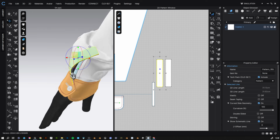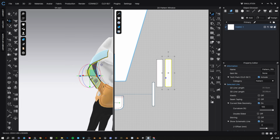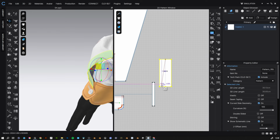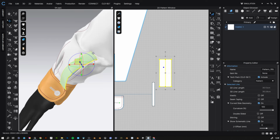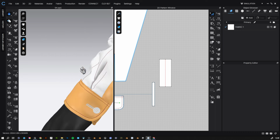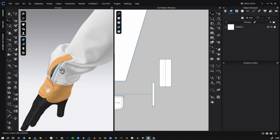So this is the top part. This is the bottom part. We flipped the normals, and then we want to just take this edge and this edge and turn them into a fold. So this one and this one, right click, choose merge. And then we want to draw that edge back in and set the fold angle to 0. Turn on the fold rendering. And then we can unfreeze and just see what's going to happen here. Yeah, that looks fine. So that is now a fully folded placket piece,